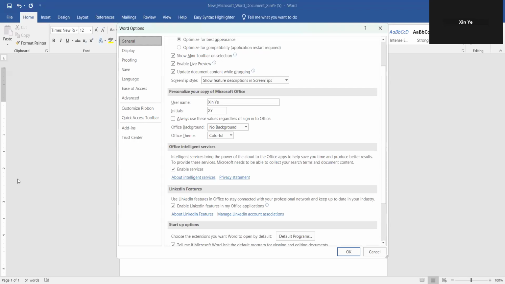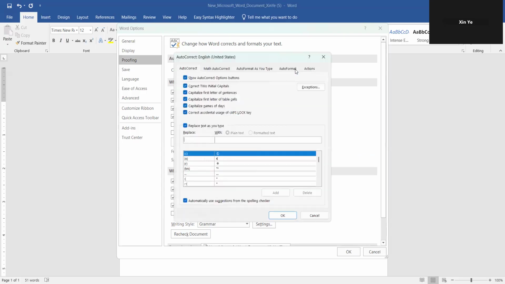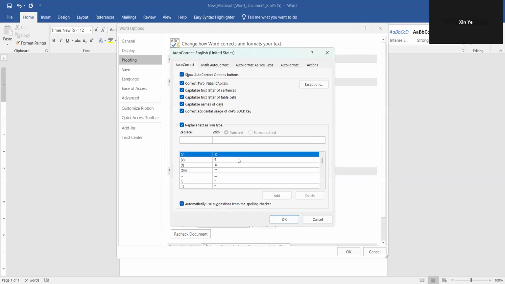Next thing we do is try proofing, the third one. We can add the auto correction option right here. Click that, so you can see there's this auto correction choice. You can add one entry. For example, you can add